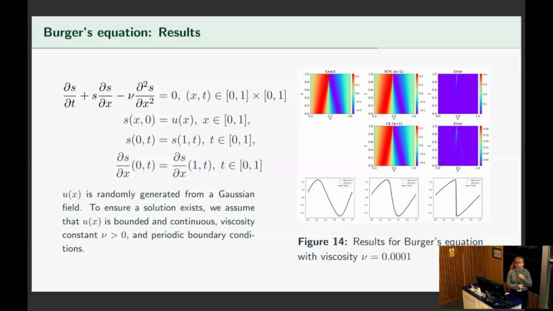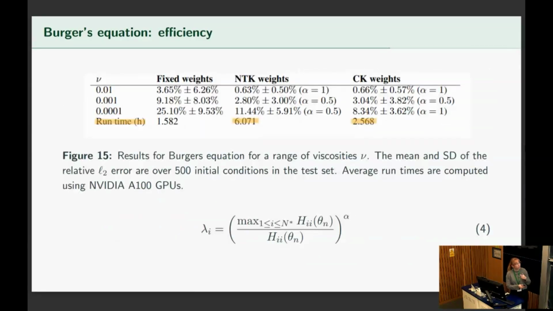And doing this allows us to reach solutions with a similar accuracy as the NTK offers, at less computational time. So this example is viscous Burgers' equation. It's another example where standard physics-informed DeepONets would otherwise fail to train, but you can see by looking that the NTK and the CK offer similar solutions in terms of accuracy. So using the approximation for the NTK sort of offsets that computational time. And looking at the errors, you can see this as well.